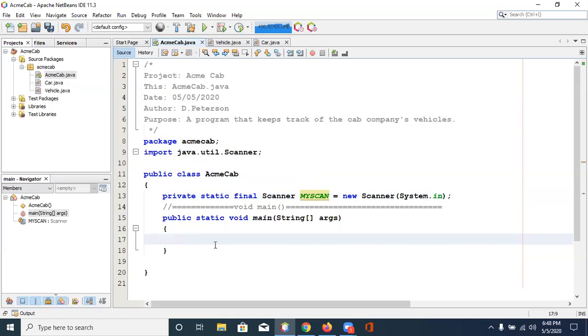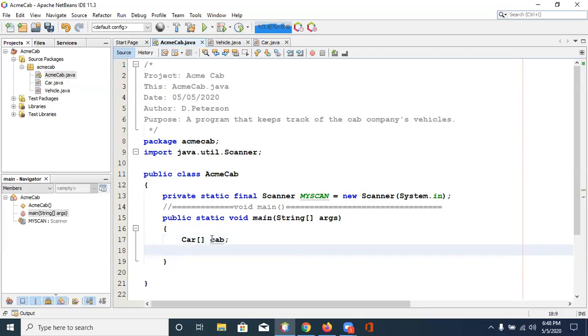And then we're going to say we want to create a car array and name it cab. Then we're going to say how many we want. I think for right now we'll say that